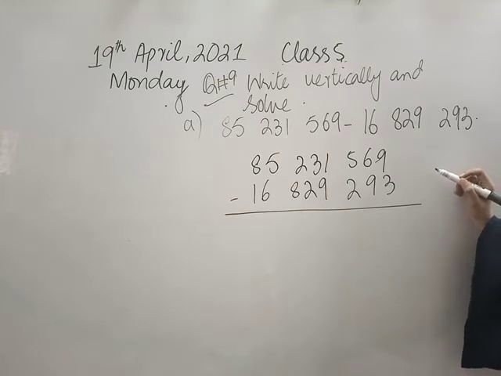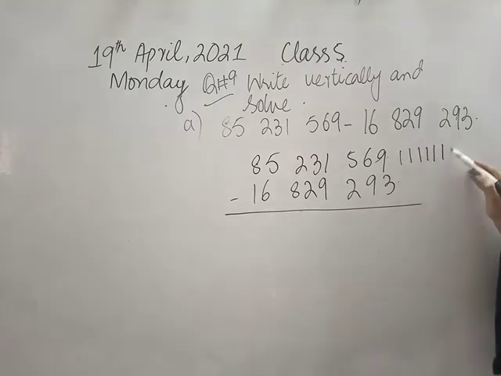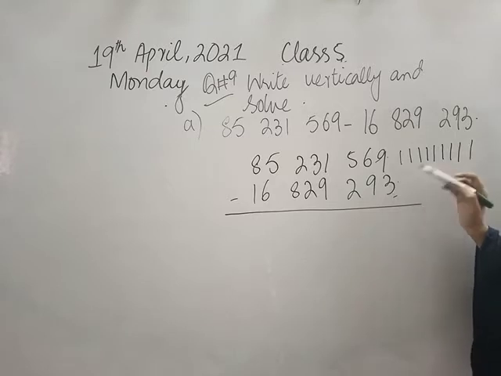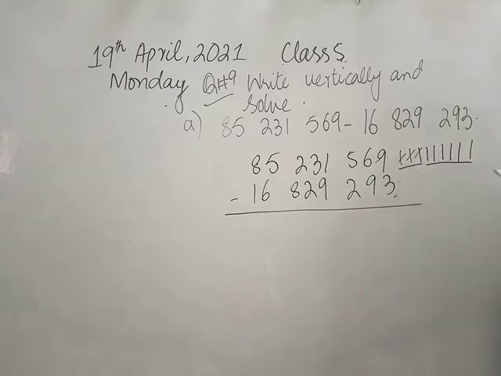Isn't it, class? So where do we always start from? From the right side. So 9 minus 3. 1, 2, 3, 4, 5, 6, 7, 8, 9. I have 9 in the upper row and I want to subtract 3 from it. Okay? Now how many do I have to cut from it? 3. So how many are left, class? Yes, Muhammad, you tell me.